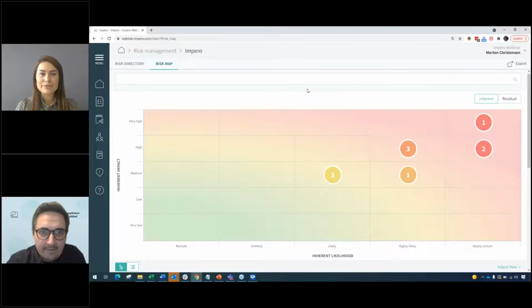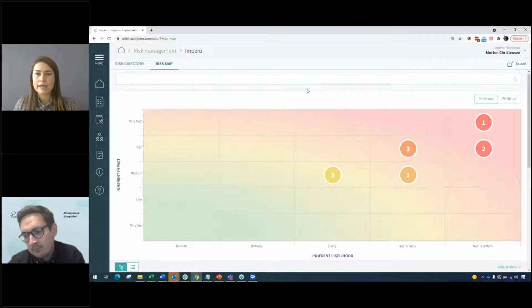Brilliant. So now we've shown the risk directory. We've shown how once you've identified your risks, you can easily input them in there. You have your different parameters currently out of the box. It's basically designed leveraging the COSO model. If it doesn't make sense to talk about financial statement assertions, you can get rid of that, and you can either include other parameters or simply delete it, and likewise for objectives. So it's very